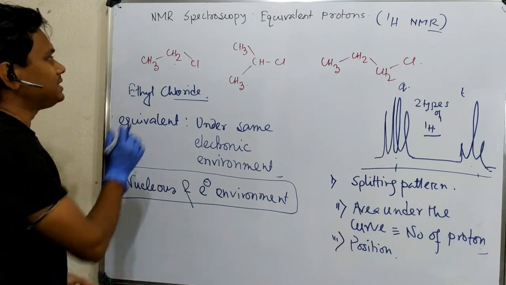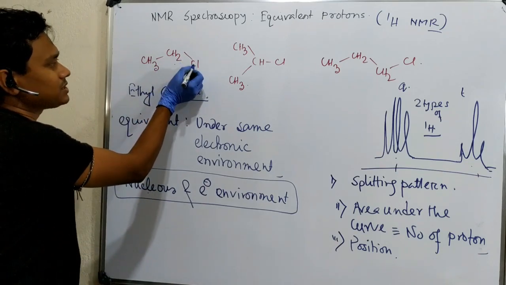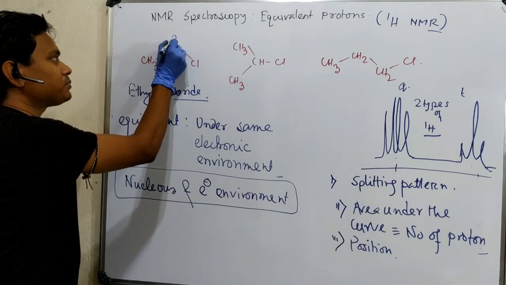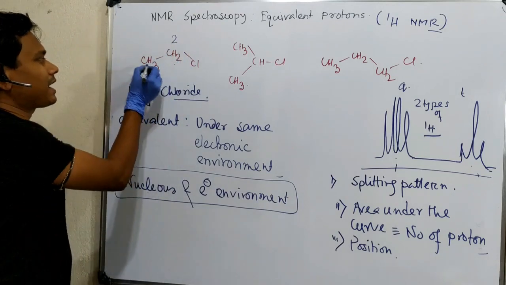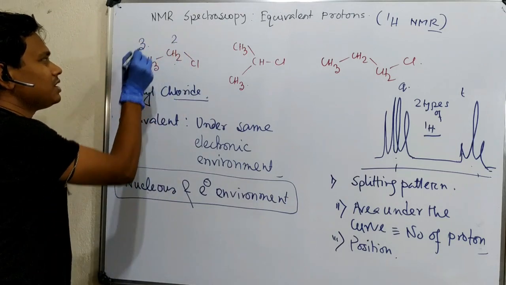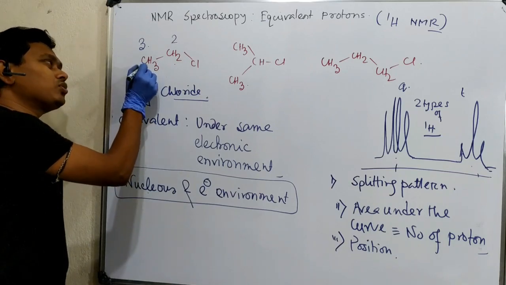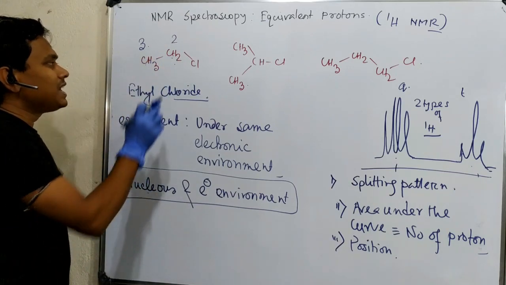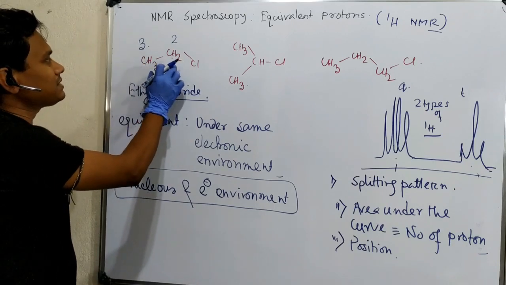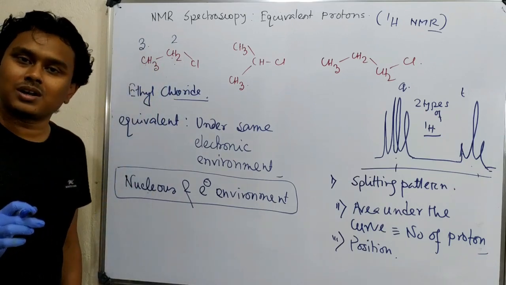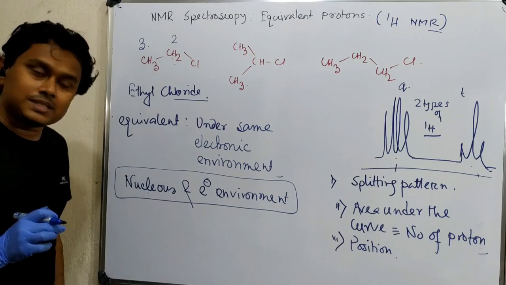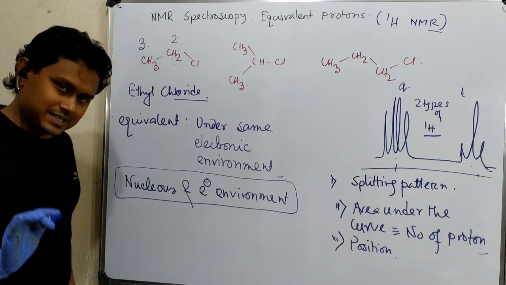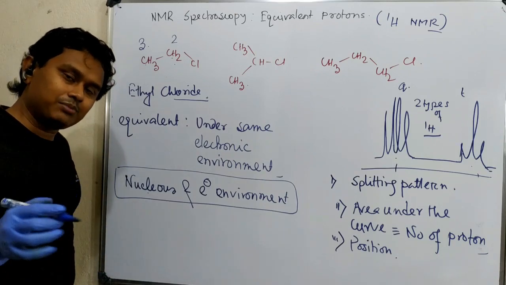Okay, see here 2 protons are attached to this chlorine carbon. So there are 2 types of protons, this environment and another, this is the 3. So here these 3 protons are equivalent, these 2 protons are equivalent. So what do I mean? Change on substitution, we can say whether this is equivalent or not. Is it true always? Generally true, but some exceptional cases are there which I shall come to at the end.